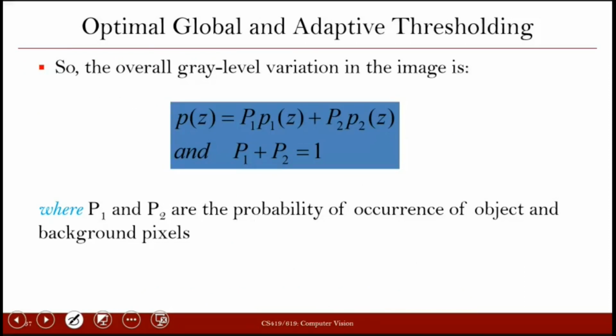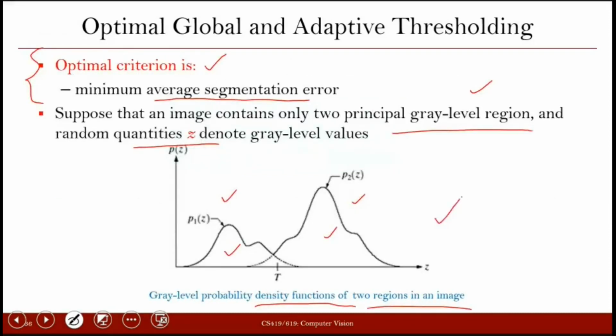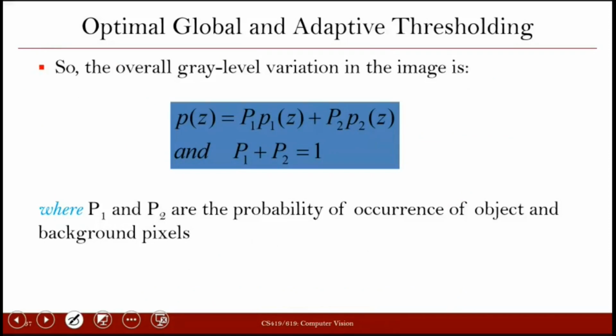So given these P1 and P2, this is small P1 and P2 in the previous case here. With the help of this, we can define the PZ. P1Z and P2Z are the distributions for the foreground and background, and PZ is the distribution for the entire image. So if you choose any pixel Z, the probability that it belongs to foreground is P1, and the probability that it belongs to background is P2. Based on that, we can define PZ.